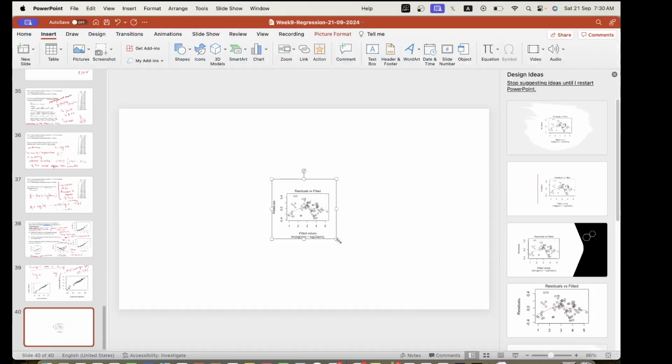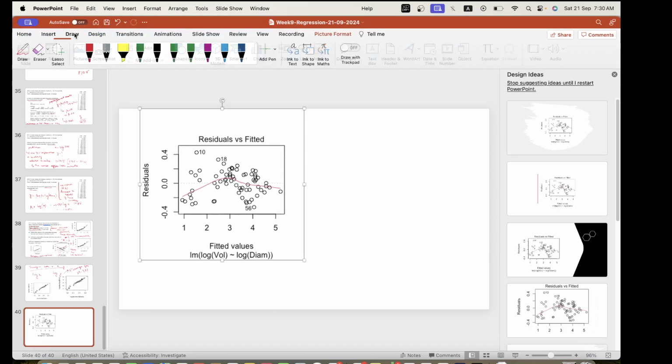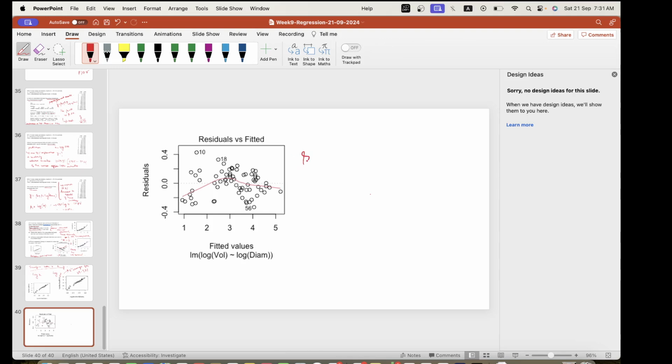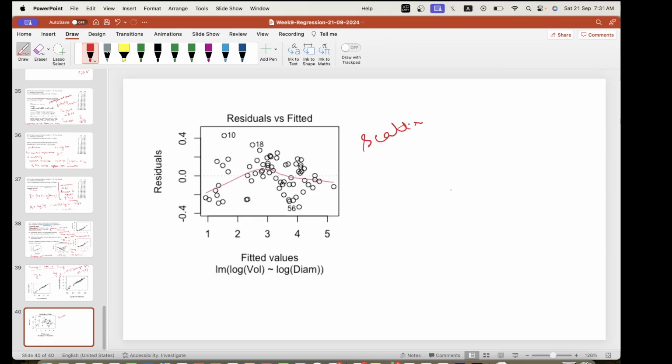Okay, so now from here we can see that it is scattered about 0 and there is no pattern, it looks random,